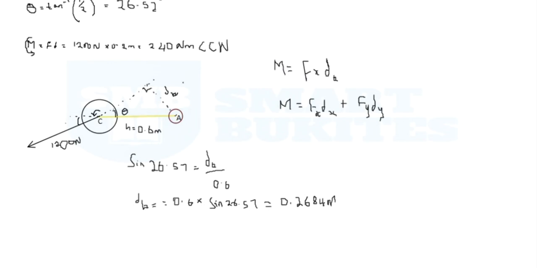So our moment from C to A is equal to 1200 newtons multiplied by 0.2684 meters. Which is equal to 322.08